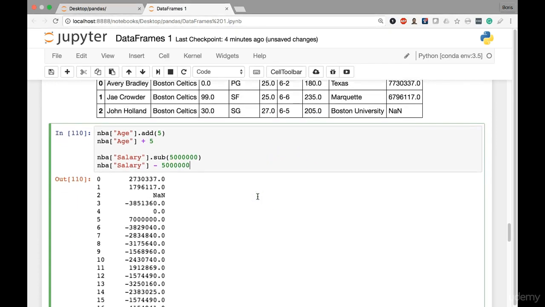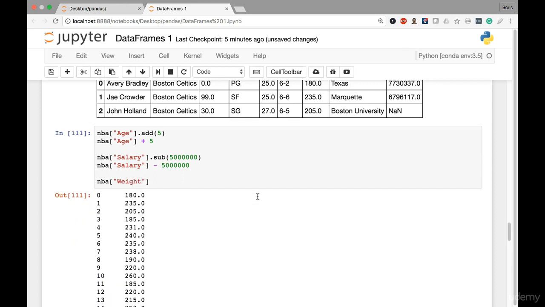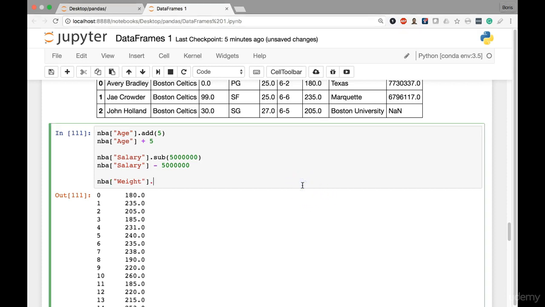So let's try a couple other methods, and in these next two examples, I'm actually going to take it one step further. So let's begin by extracting the weight column. And let's say I want to convert these weights, which are represented in pounds, to kilograms. And the conversion there is 1 pound is equal to 0.45 kilograms. So what I can actually do here is call the MUL method, that's short for multiply, and I